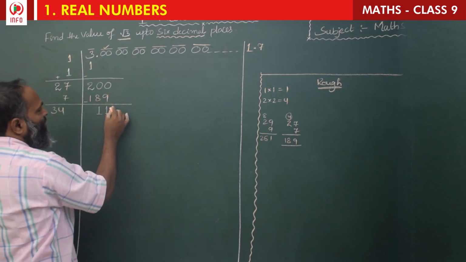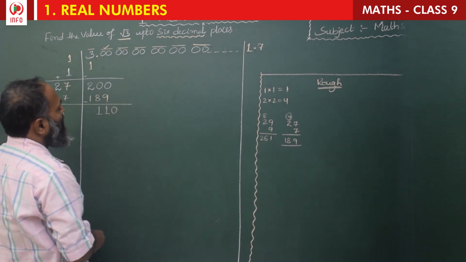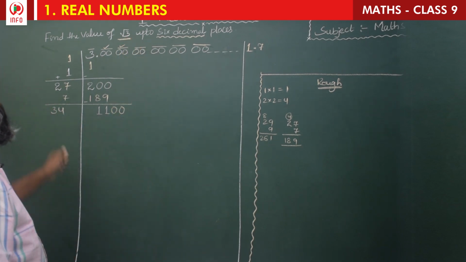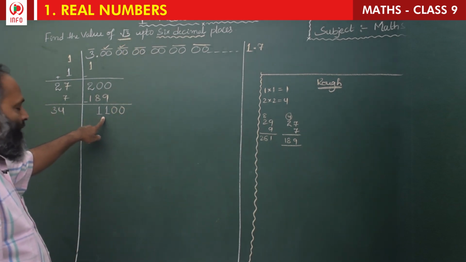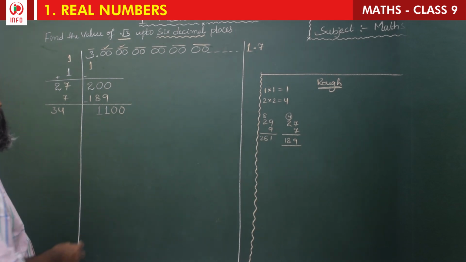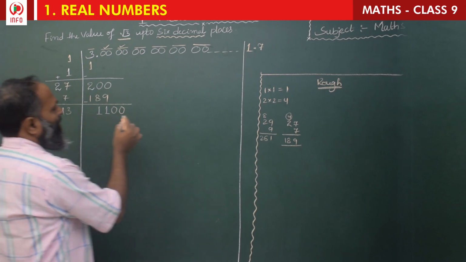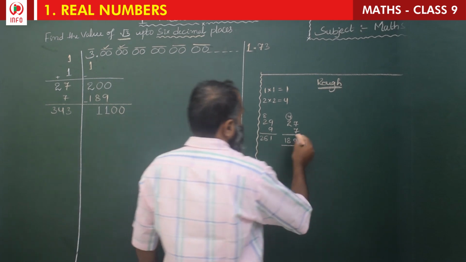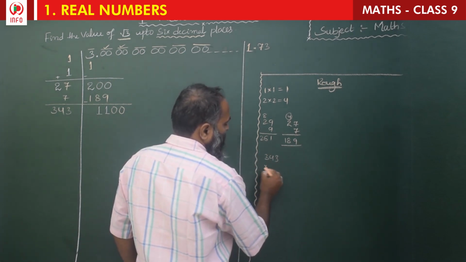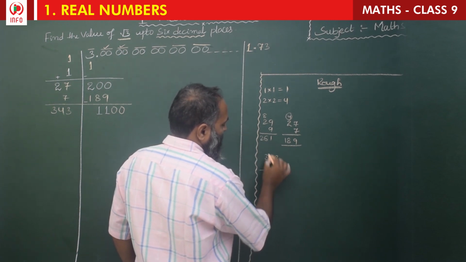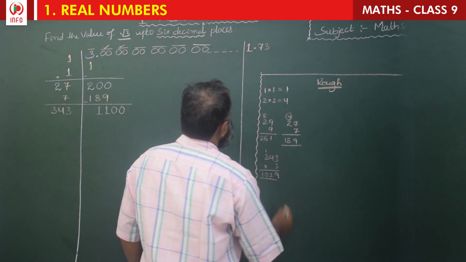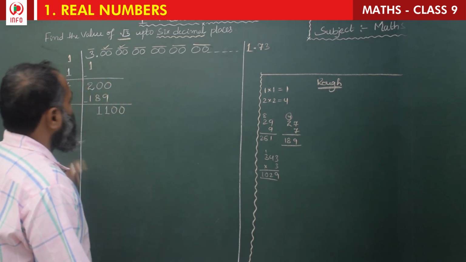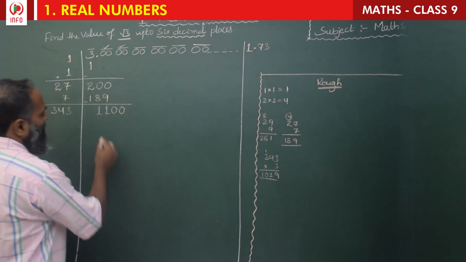And after that 2 zeros we should take. One more pair, the second pair, so we took. In the 3 table, when will you get 1100? 3 3 za is 9, so 9 means 3 za. Here 3, here 3. Once you check 343 with 3: 3 3 za 9, 3 4 za 12, 3 3 za 9, 10. So it means 3 za. What is 343 3 za? 1029.